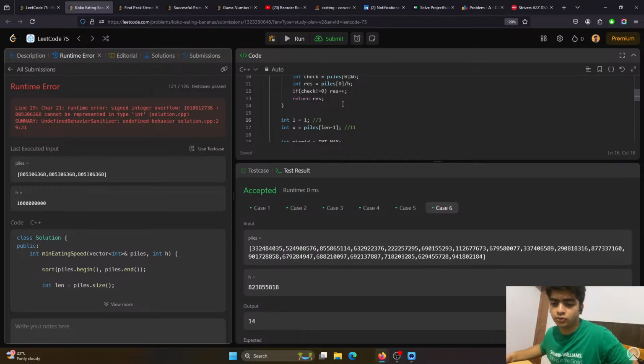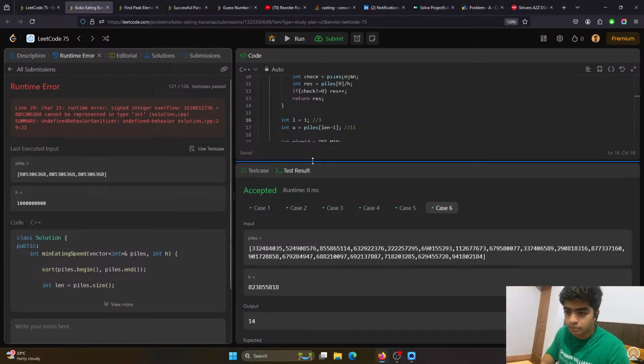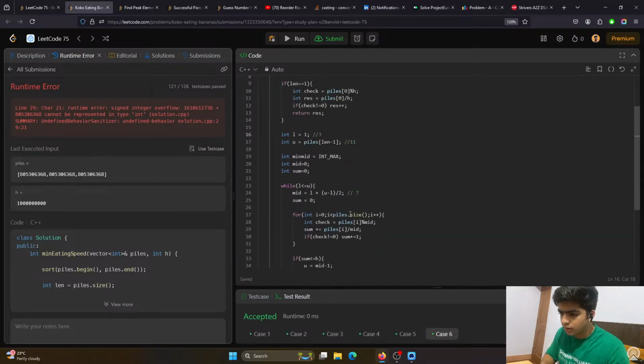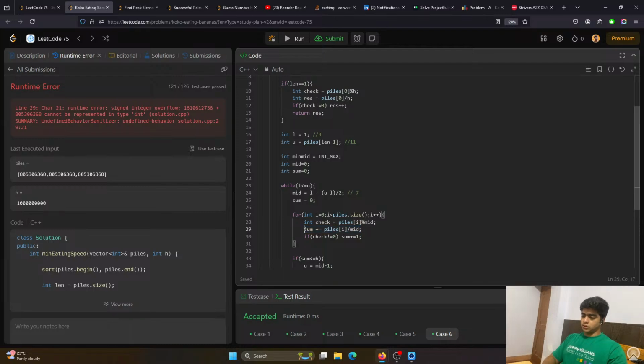That means you are close to the answer. Where is integer overflow happening? In line 29, integer overflow is happening. ओ सम उससे ज्यादा प्लस हो ही नहीं सकता, सम को लॉन्ग बना दो।